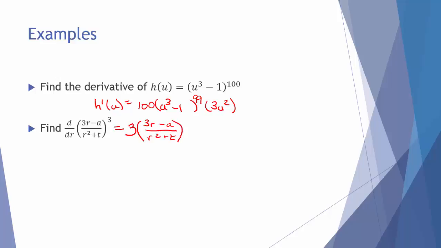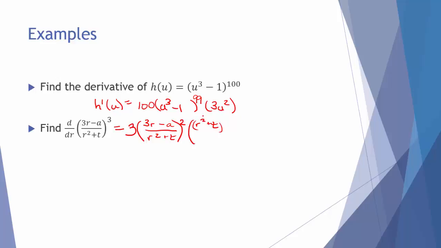Raise it to the new power of 3 minus 1, which is 2. Now you need to multiply times the derivative of the inside function. This is a quotient rule. We're going to have to use quotient rule to take the derivative of the inside. So that means we need the denominator, r squared plus t,